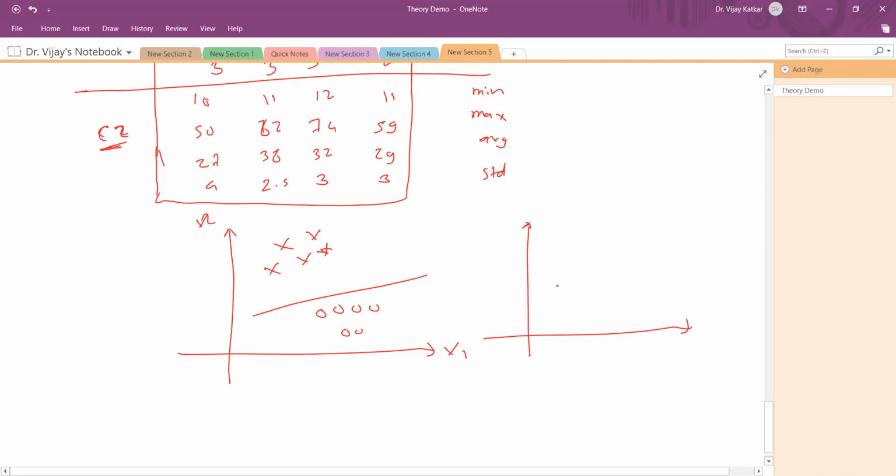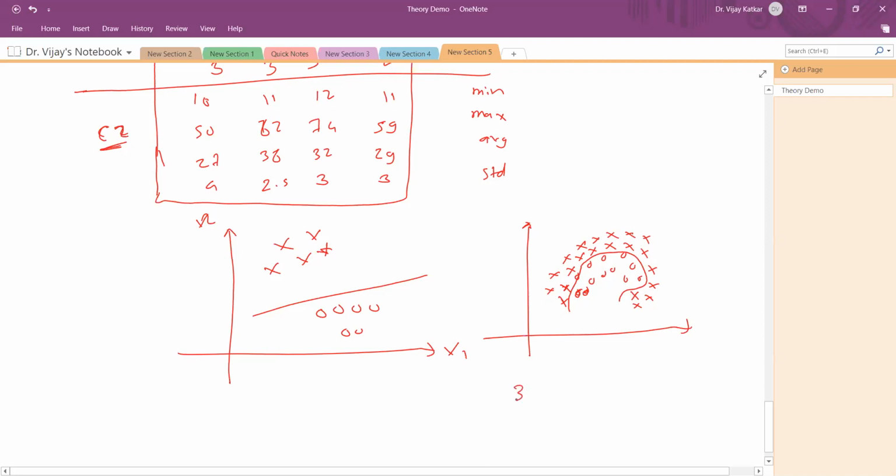Now, if my data is something like this, where cross is one class and circle is another class, is my data easily separable? No. These are circles, these are crosses. I cannot easily separate it. I need to take a proper curve. But this one can easily be said by seeing the data, because it's 2D data. We can say that it is not easily separable, but I can have some sort of curve.